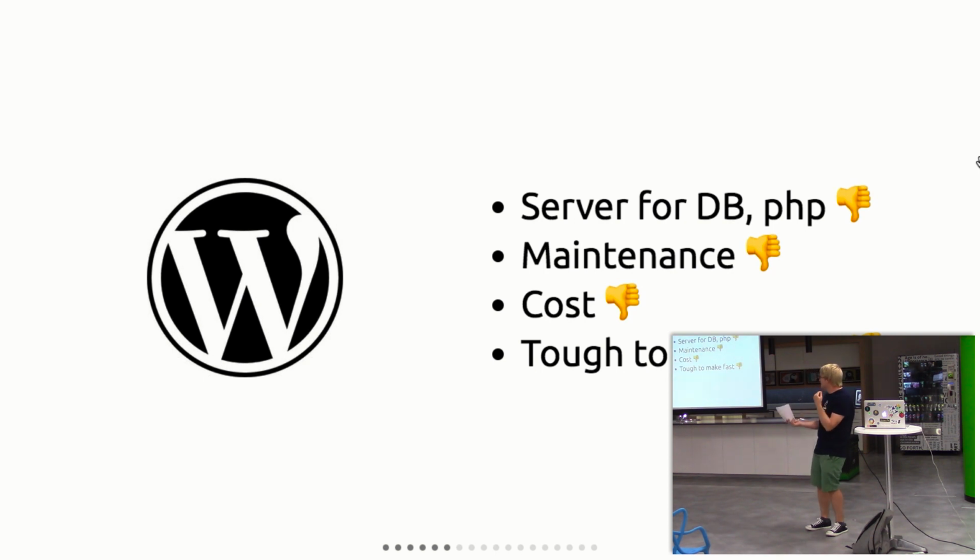And the problem with that was, it was great. I could do some optimizations and things like that. But maintenance was hard. I had to reboot the thing now and again. And also, I didn't know what I was doing, so I'm sure the security was really dodgy. And I had to keep this thing running all the time. So there was a cost. So that's why there's these thumbs down. And with WordPress, it's hard to make things fast without doing a lot of work.